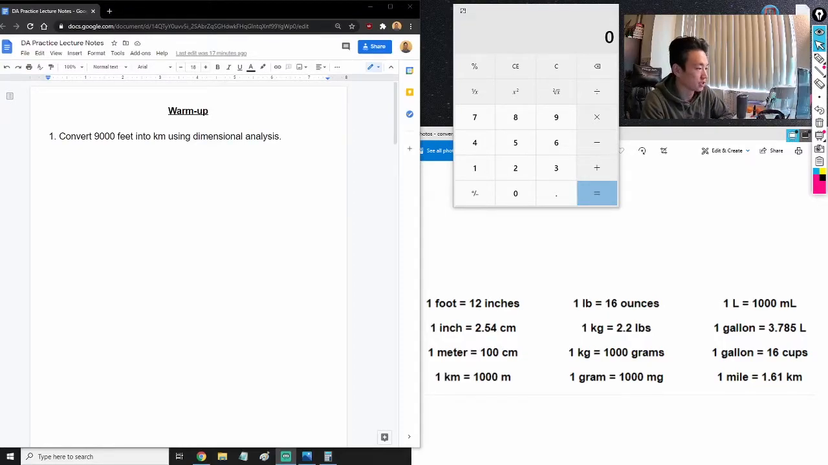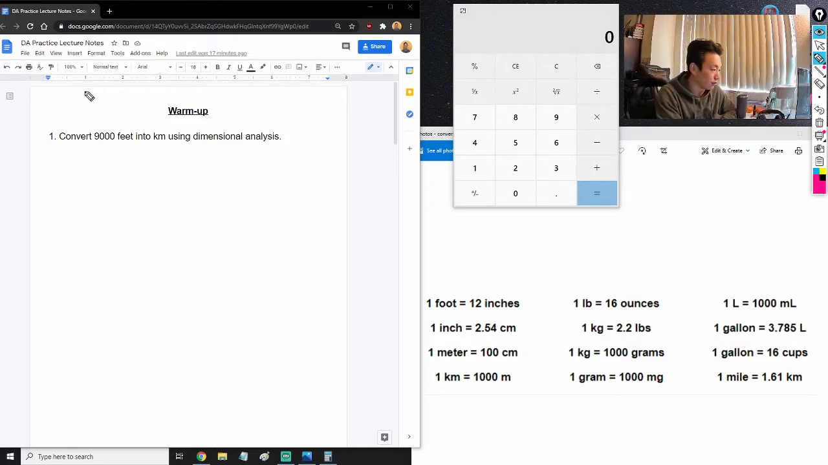Alrighty guys, so in today's lecture we're going to be doing a little bit more practice with dimensional analysis. We are going to be adding one thing to it at the end of the lecture, but let's start off with one example problem. So in this problem it is asking us to convert 9,000 feet into kilometers using dimensional